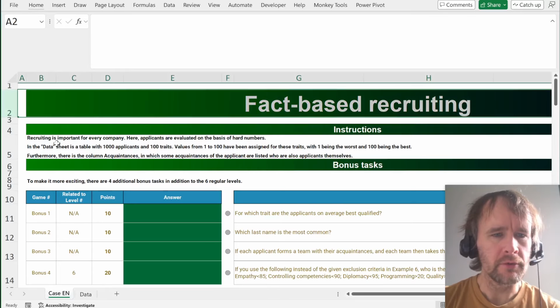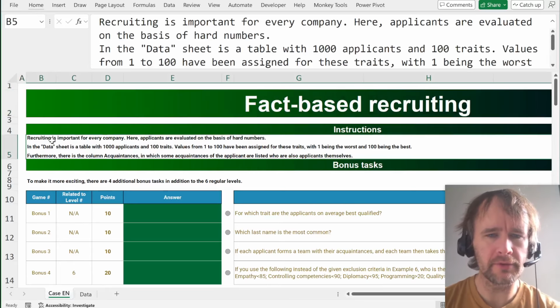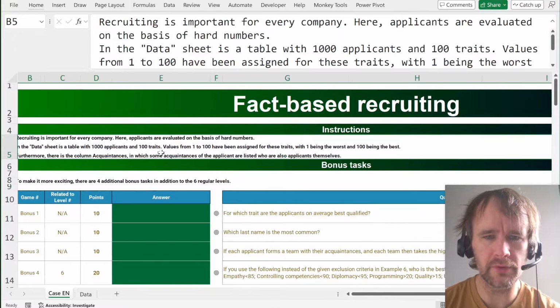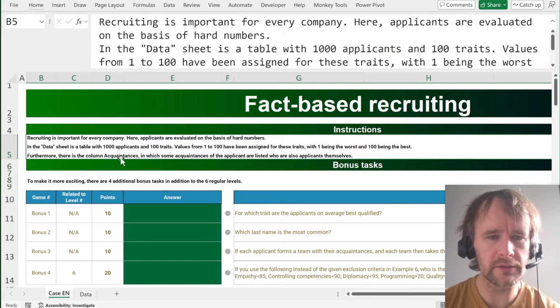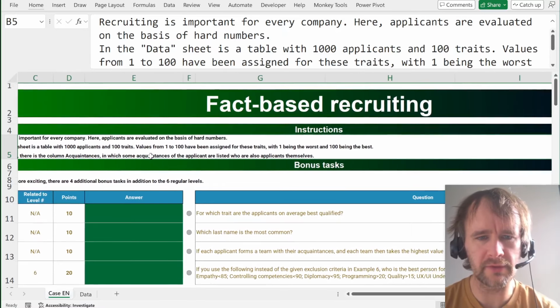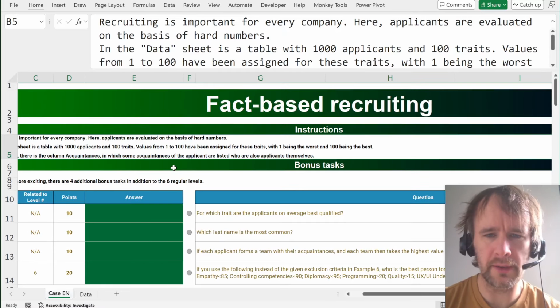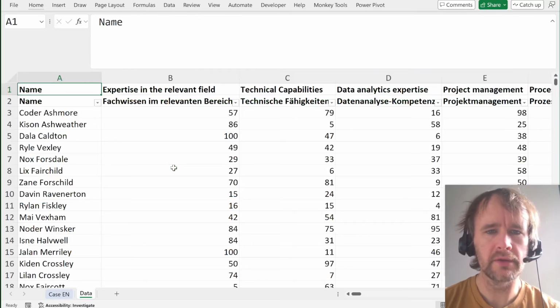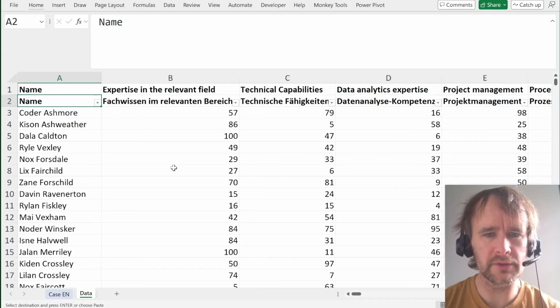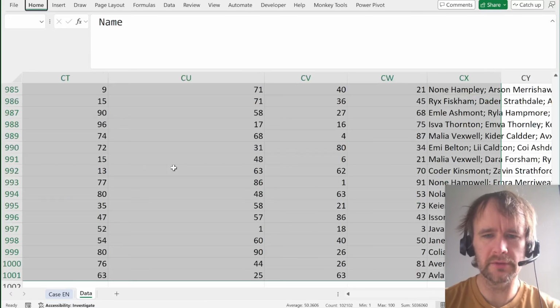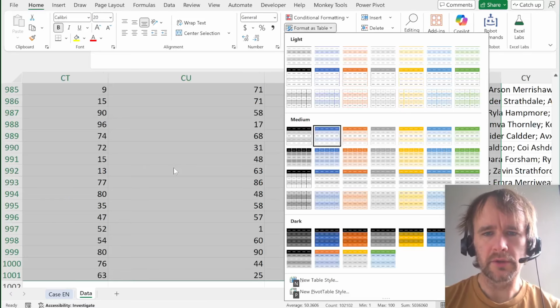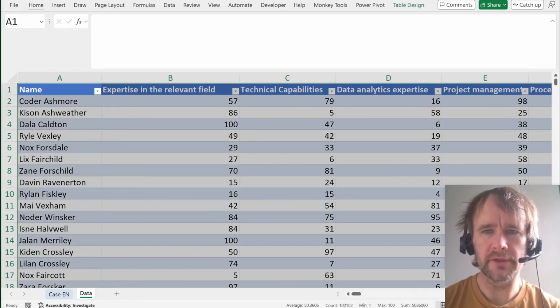All right. Recruiting is important for every company. Here, applicants are evaluated on the basis of hard numbers. In the datasheet is a table with 1,000 applicants and 100 traits. Oh my god, values from 1 to 100 have been assigned for these traits, with 1 being the worst and 100 being the best. Furthermore, there's a column acquaintances in which some acquaintances of the applicant are listed who are also applicants themselves. Okay, so we've got names in both English and German, so I'm just going to put the English names, get rid of the German names, make this a table,